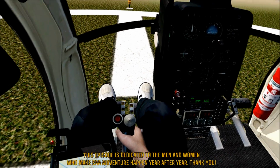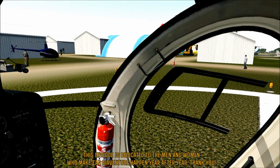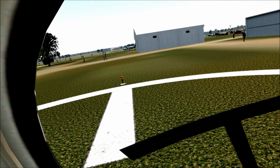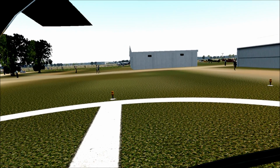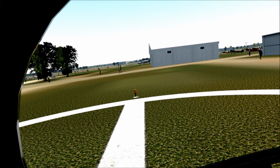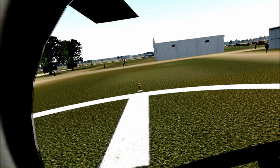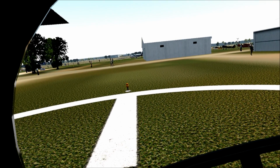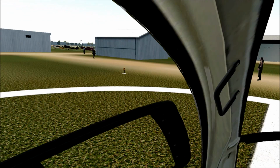Howdy folks, and we are back here in X-Plane 11, and tonight I'm going to do my annual Oshkosh Air Show. Oshkosh, of course, happens in Oshkosh, Wisconsin, and it's actually called EAA AirVenture. And we are here at Whitman Field tonight, and for our first act, we're going to do a virtual tour of this brand new updated scenery that's been created for Whitman Field. It's got a lot of new and interesting stuff that I've got to show you, so I can't wait to